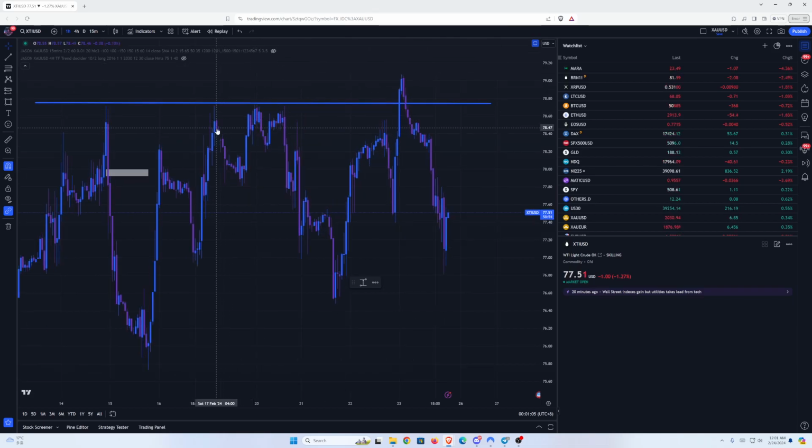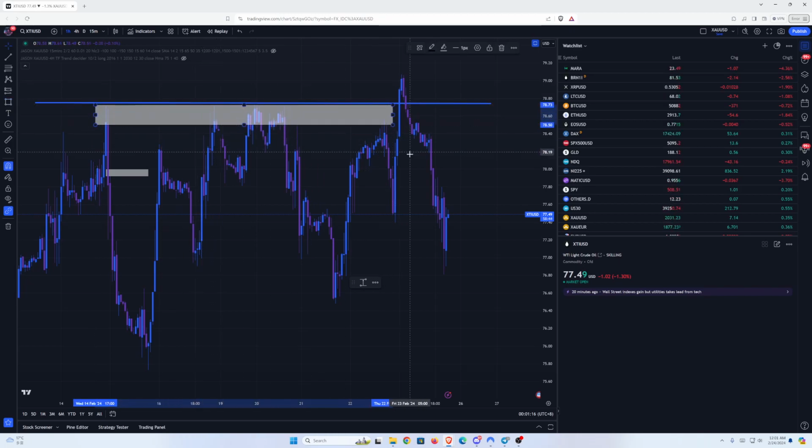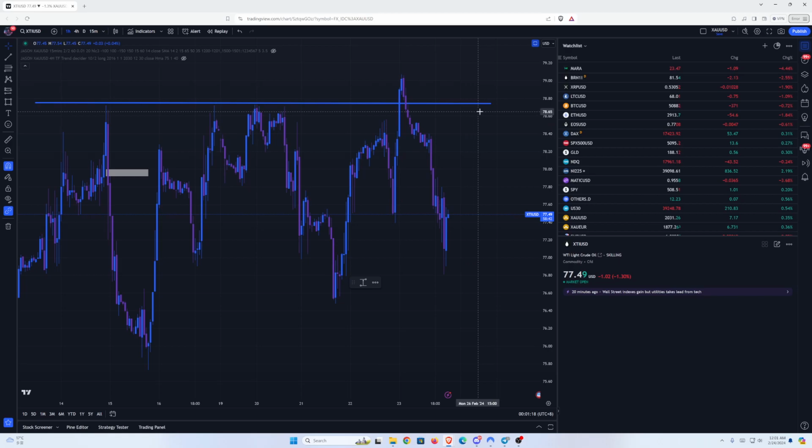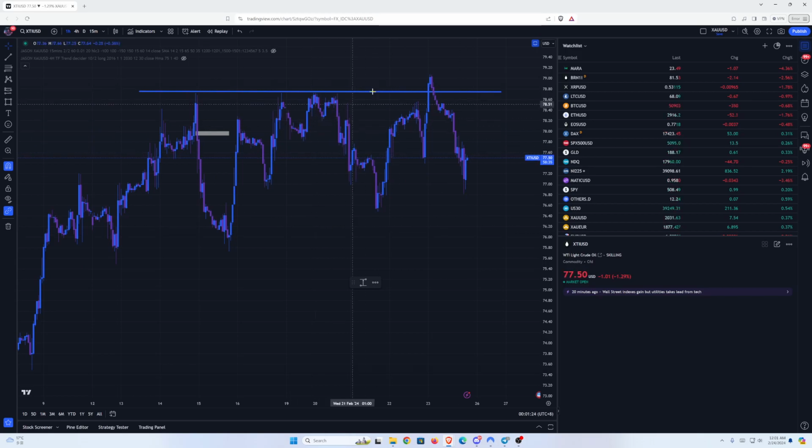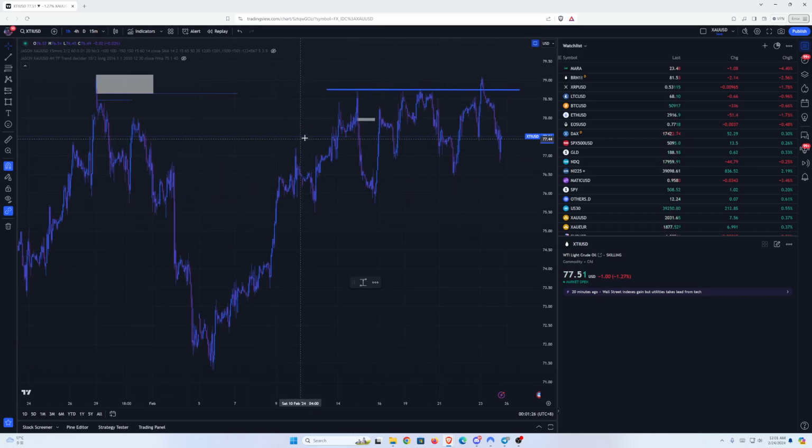A lot of people were taking shorts in here, shorts in here, shorts in here, because they think, oh, supply and demand zone. Okay, they will think, oh, here's a supply and demand zone, or this is a resistance. So they are going to short in here and take some profit below. People were doing all kinds of stuff like this, all the way from here, all the way from here.